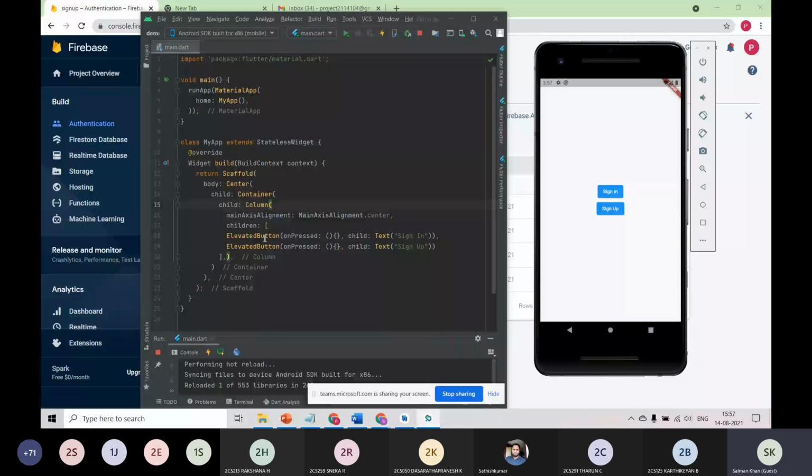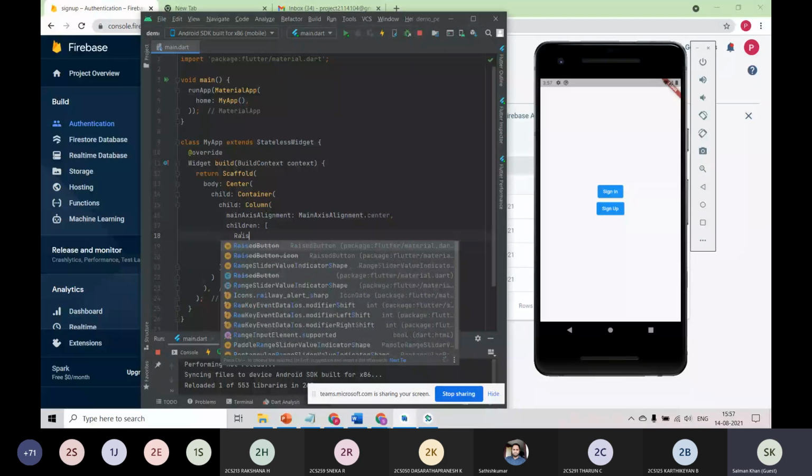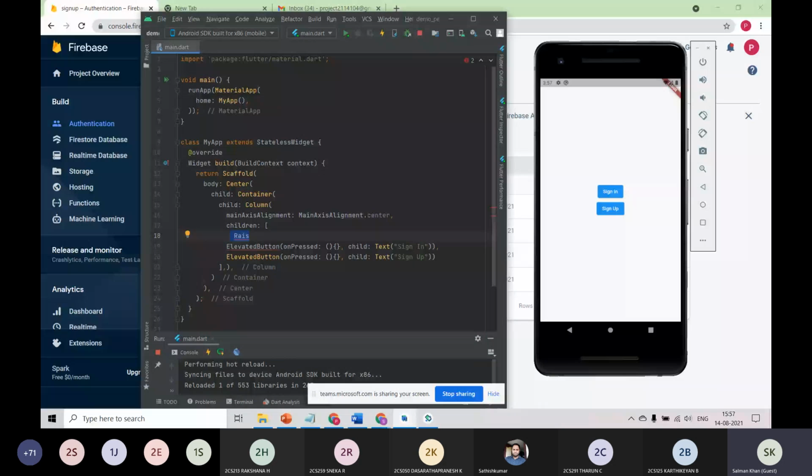Because, for example, a few days ago I was using the raised button, and suddenly it is deprecated, and if we use it going forward, I may face some issues. So that is what deprecated means: it is not supported by Flutter anymore. And if you see this code, you may find what is this elevated button, what is this column, what is the center, and what is scaffold. Everything in Flutter will be changing based on updates. So you cannot stick to anything.